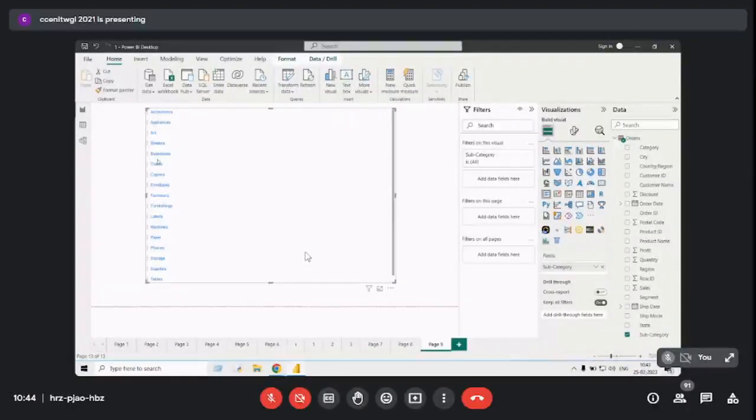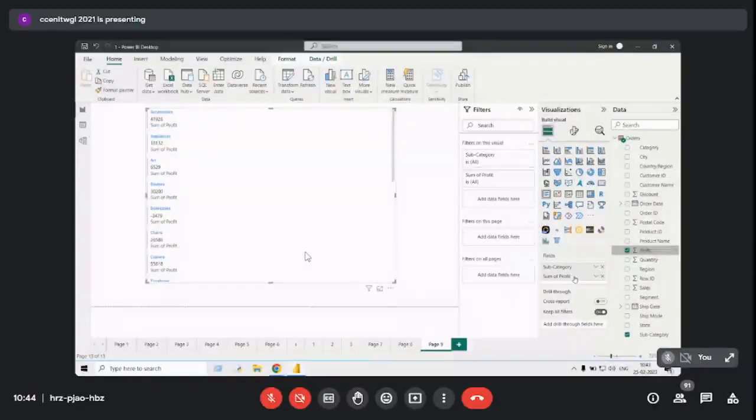Now there may be chances that I'm interested in bringing profit also into the category. You see, for accessories, the sum of profit is this. For appliances, the sum of profit is this. We have created a hierarchy. Now I just want to know maybe sales or profit, whatever it is. Whatever the subcategory, I have almost